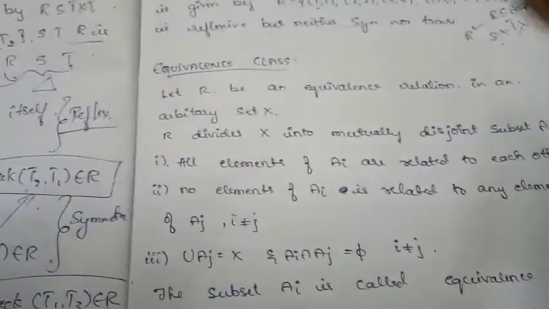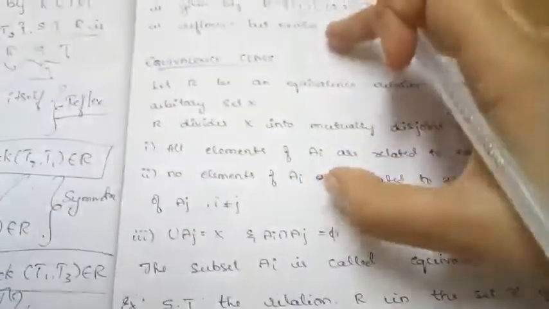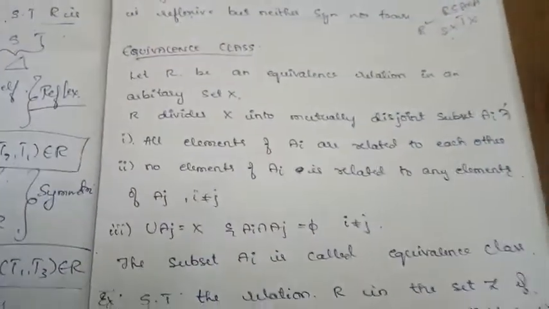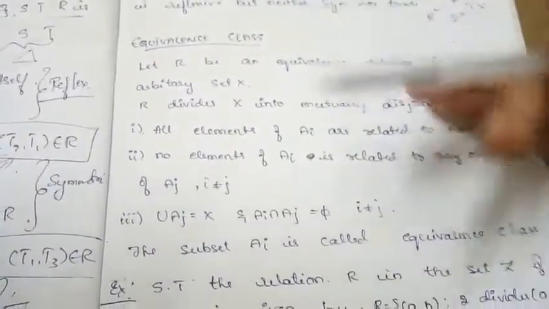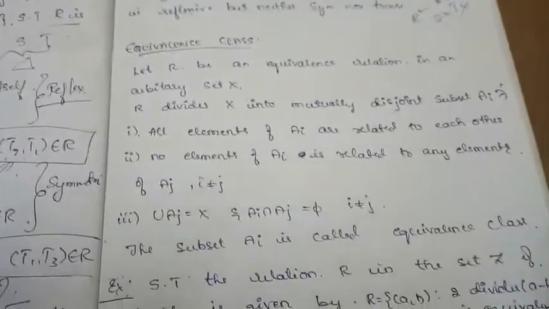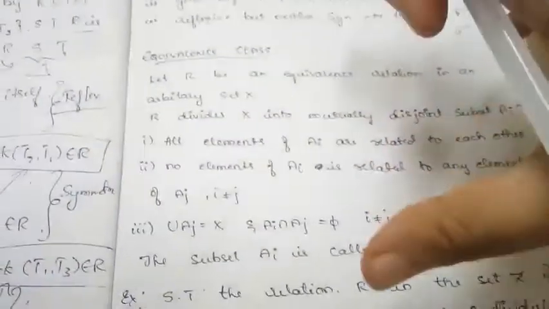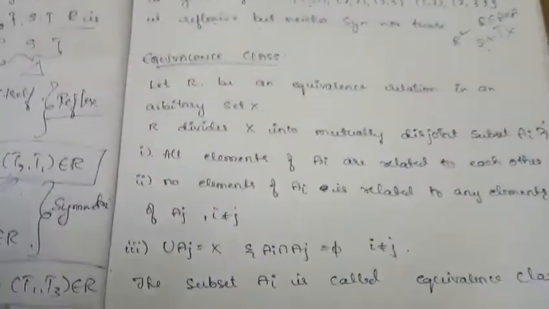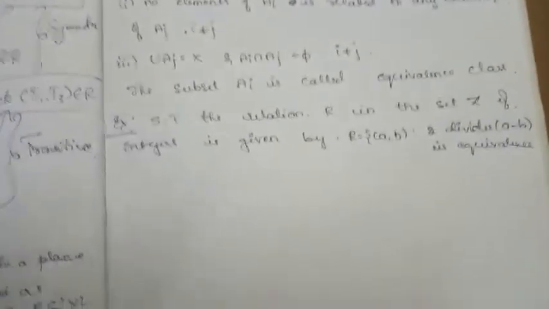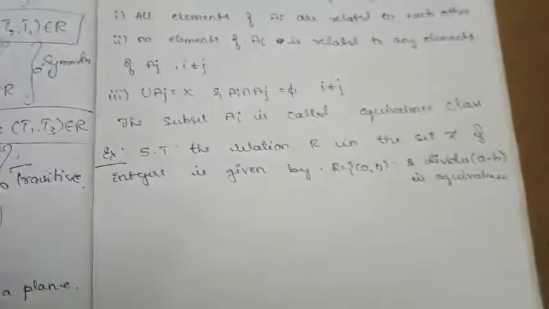So the next is equivalence class. To understand what an equivalence class is, we have a definition expressing it. If I read out or explain this definition now, you are not going to get it clearly. So I'll go with one example. Once we clearly get that example, I will explain the equivalence class line by line so that you can understand it clearly. So what is the question to understand the equivalence class?